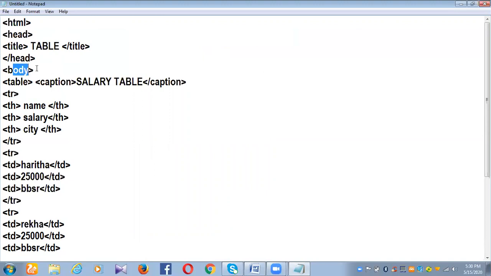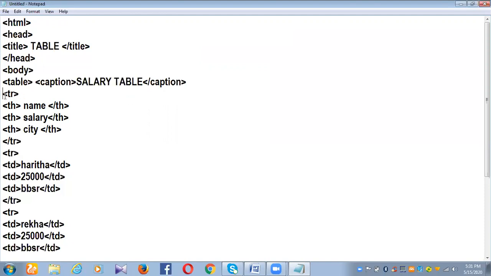Then under the body section we wrote table. Here I wrote another tag called caption, which displays the caption of the table. That is one more you can add. The caption of the table is salary table. This is the title of the document, and this is the caption, written between caption and forward slash caption.